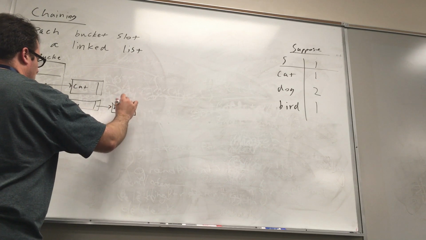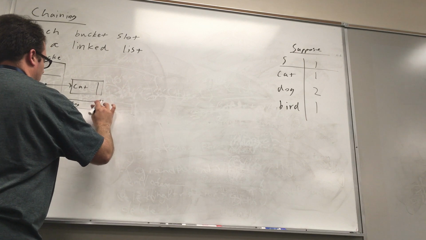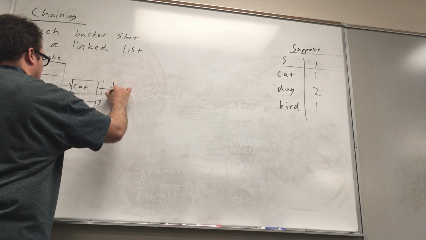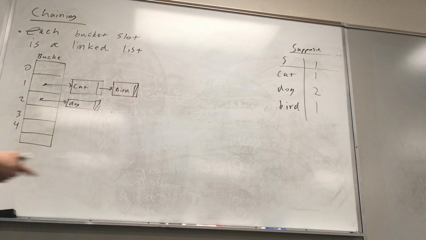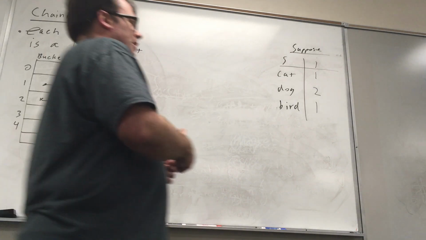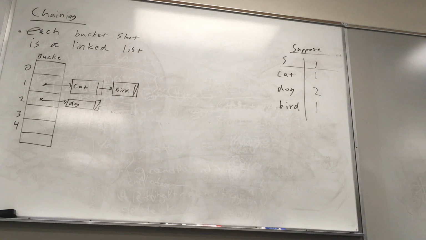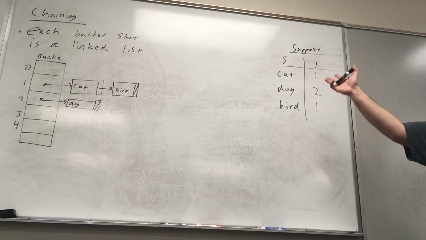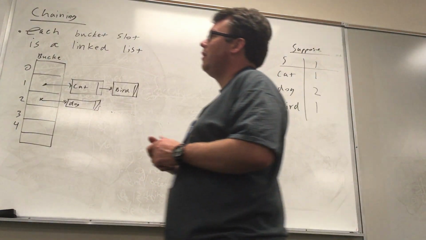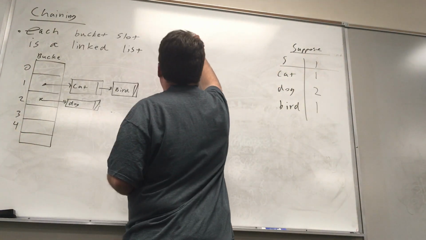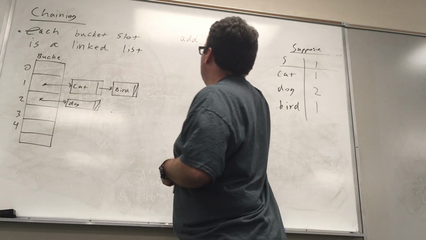You mean on cat? Or sorry, on cat, yeah. So this would be null, this would be bird. And so I can carry this out indefinitely, right? And it does save me something, because as soon as I go to one of these items, that will give me a list that is shorter than the one that I started with to search. Because what I would do, in the chaining scenario for adding,